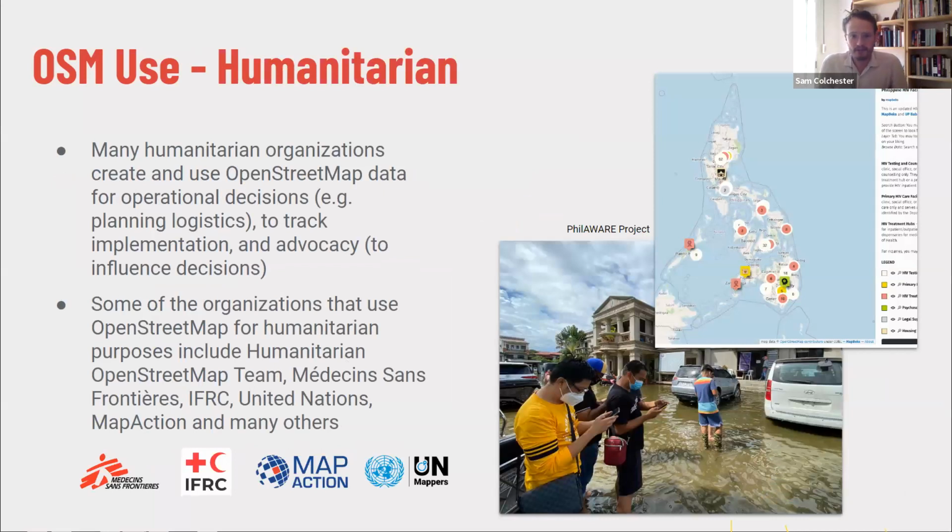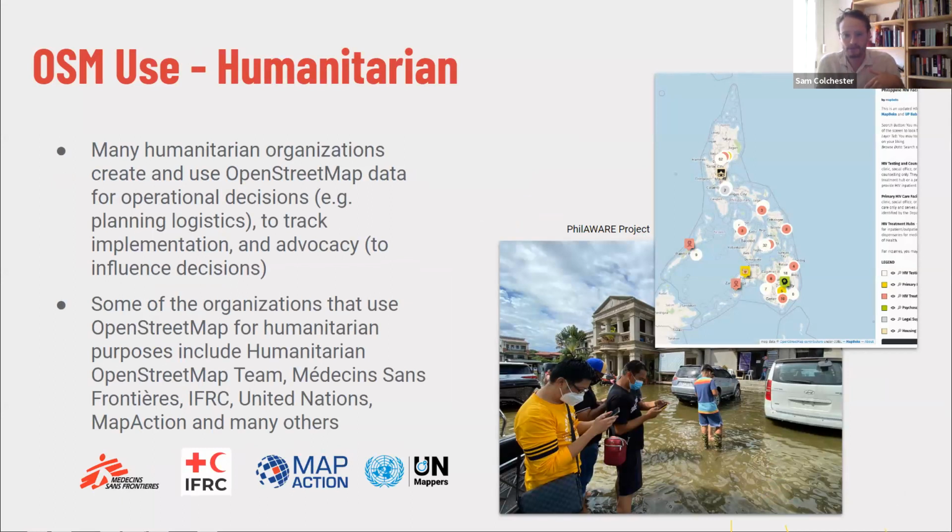And it's also used in humanitarian contexts. And this is the part I'm most interested in because the organization I work for, called Humanitarian OpenStreetMap Team, has an explicit focus, particularly on OpenStreetMap use for humanitarian purposes.